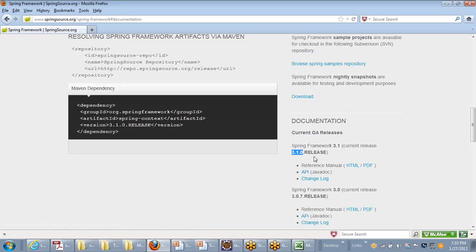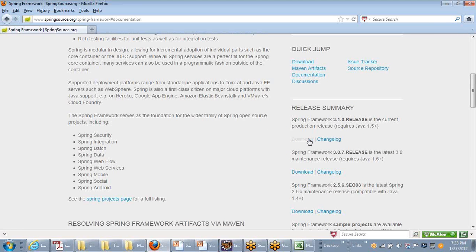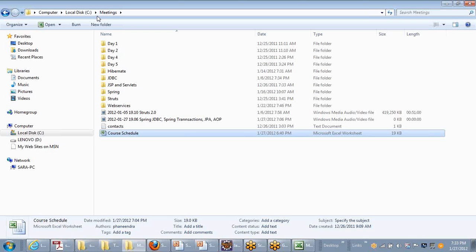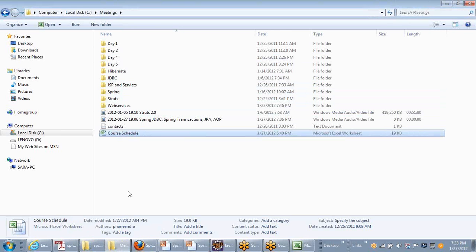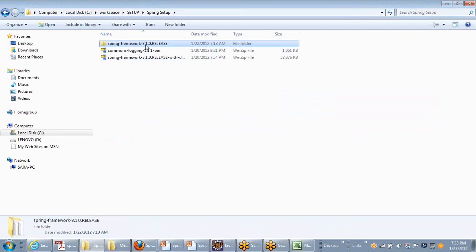You will also be able to download. Just click download here, and you will get all the jar files, and you will get this Spring setup. You will get Spring Framework 3.1.0 release.